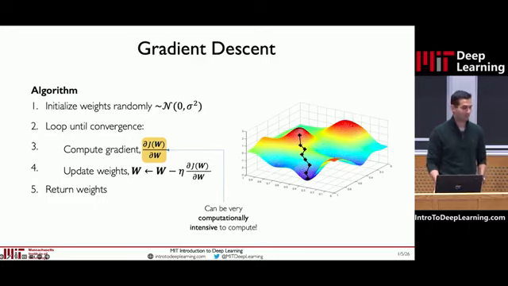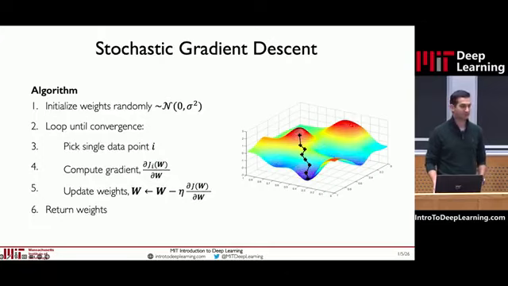Now, in most real-life problems, it's not feasible to do this on every training iteration, right? You simply would not want to do that over every data point in your data set. So instead, we're going to define what's called stochastic gradient descent, SGD. So instead of computing the gradient over your entire data set, let's compute the gradient over just one point.